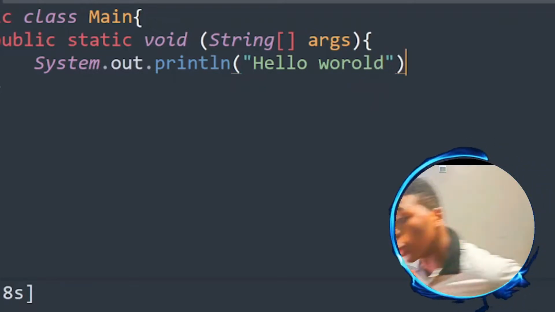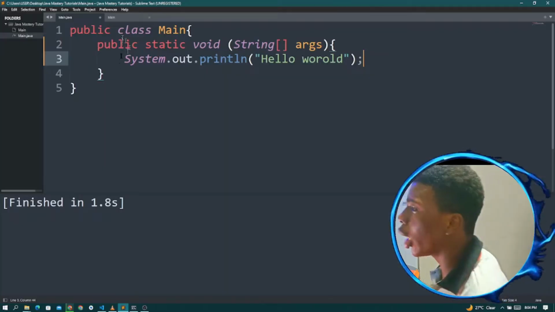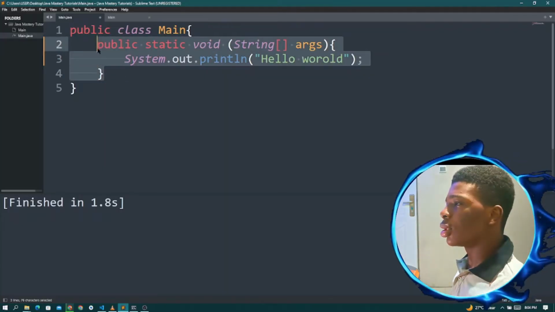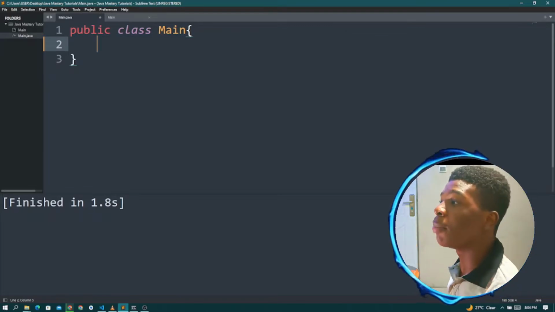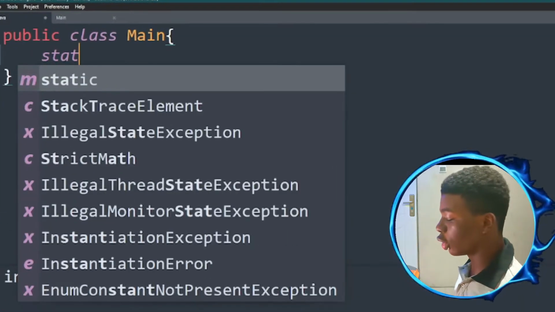So I'm going to show you how to print to the screen without using the main method in the Java programming language. Let me just show you that real quick. What I'm going to do is use a static block. You have created a class, public class Main, and I'm going to use static, very simple. So you're going to use static,